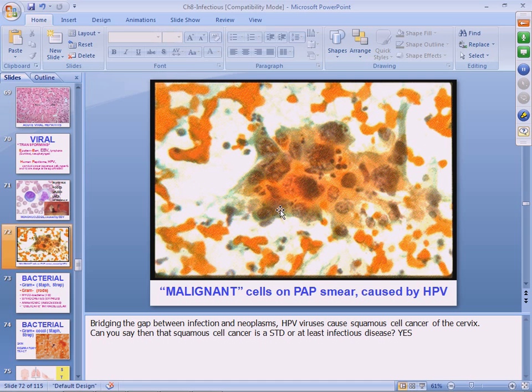Now, what about the transforming viruses that cause cervical cancer? In fact, I think most people would consider carcinoma of the cervix an infectious disease. Or, I'll go one step further, a lot of people might consider carcinoma of the cervix an STD, because the HPV virus, if you don't mind the redundancy again, will cause changes in the cells, and again,